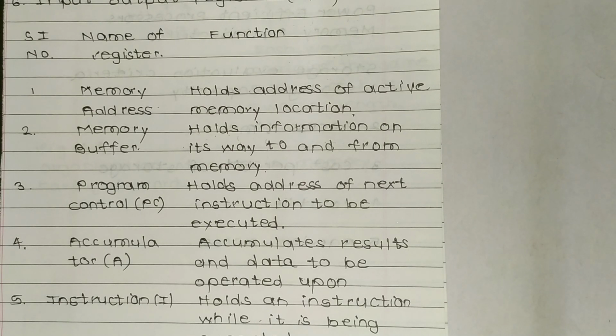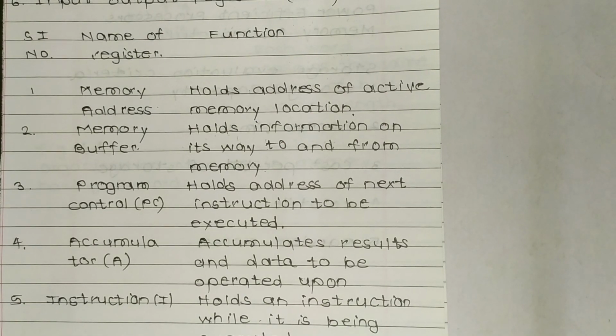2. Memory buffer register, MBR. It holds the contents of the accessed, read or written, memory word. To store a word in a memory location, the system first transfers it to MBR and then writes it in memory from MBR. So basically it is a buffer register.